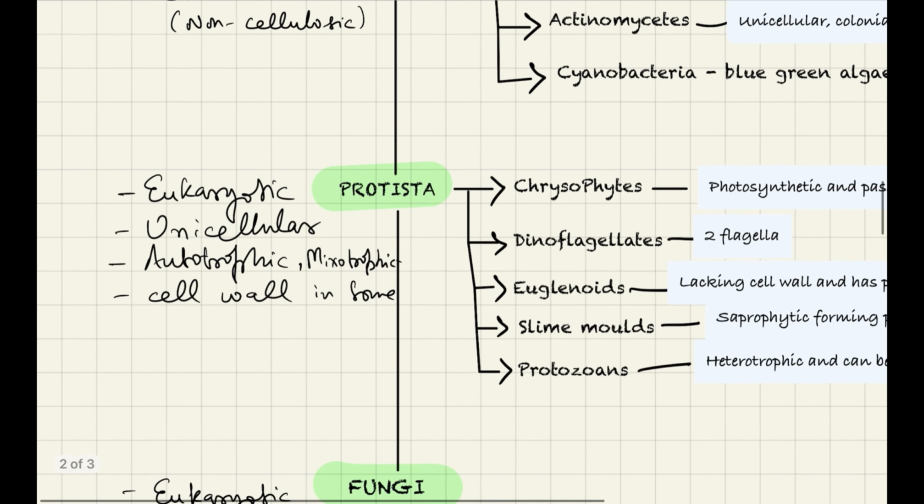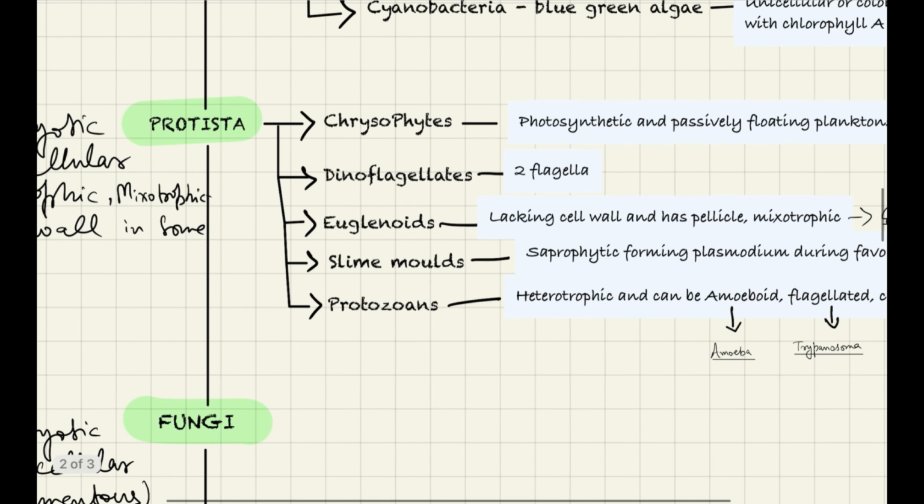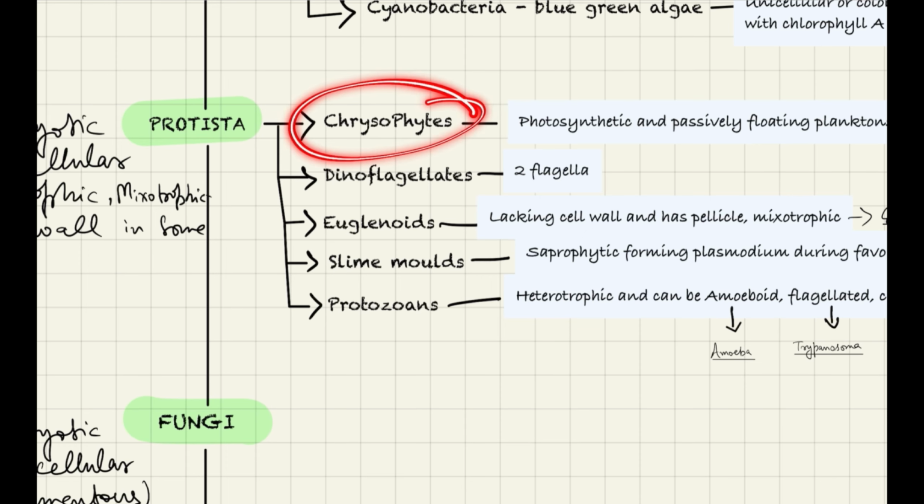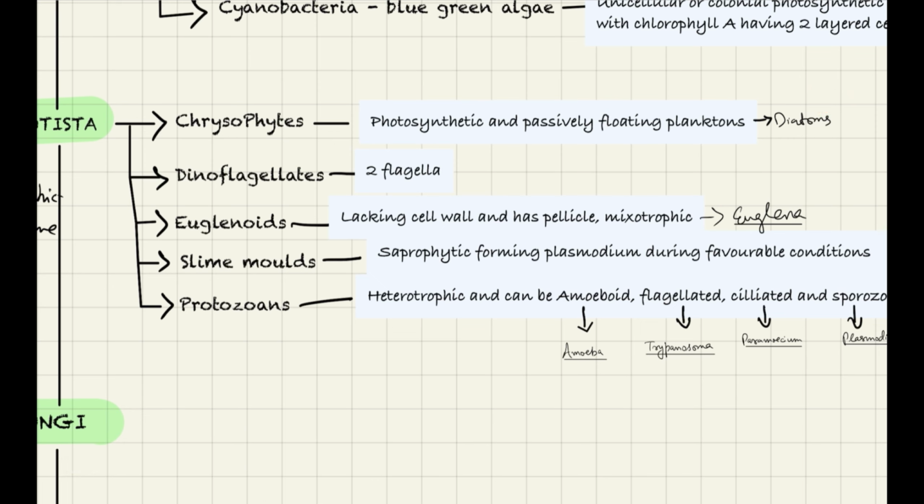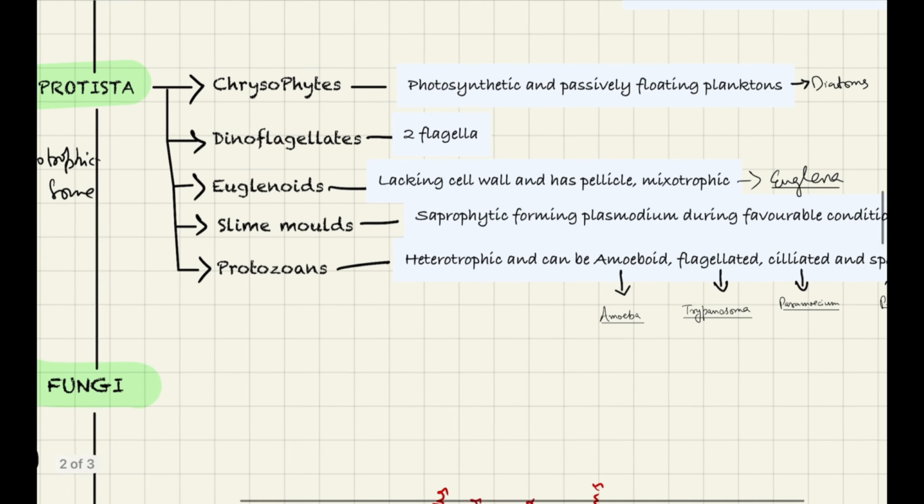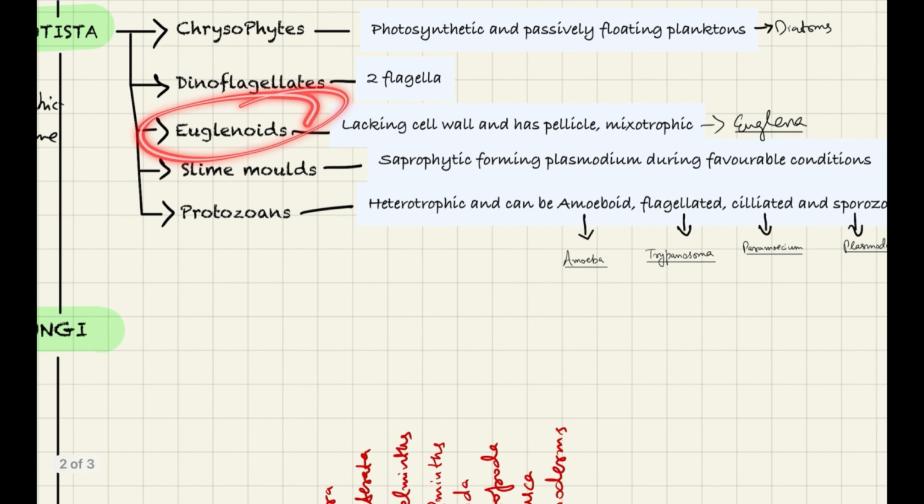Now moving to Protista, these have certain groups, like first there is chrysophytes. These have diatoms mostly, and some golden algae. The important thing here is that they are photosynthetic, passively floating planktons. In the case of dinoflagellates, they have 2 flagella. Dino means 2. Then euglenoids, you can just remember that euglena is there, that's why